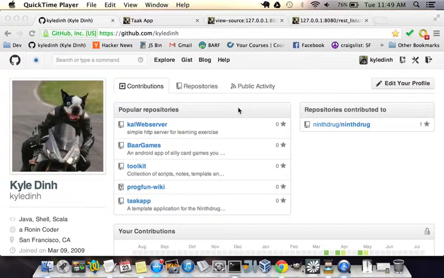Hello, folks. This is Kyle, and I just want to give you a demo of how to use the TAC app, which is a template application for the Ninth Drug web server. Ninth Drug is a Scala-based